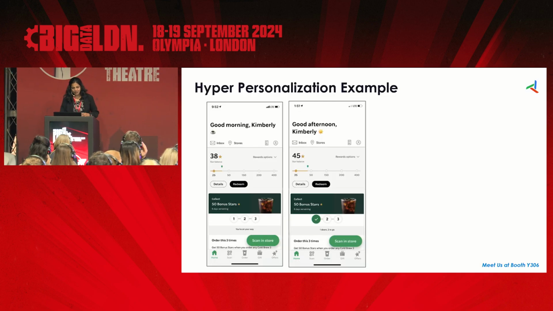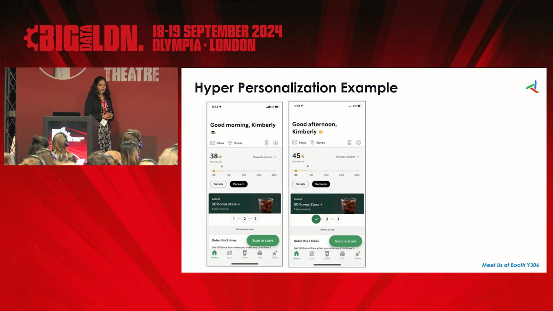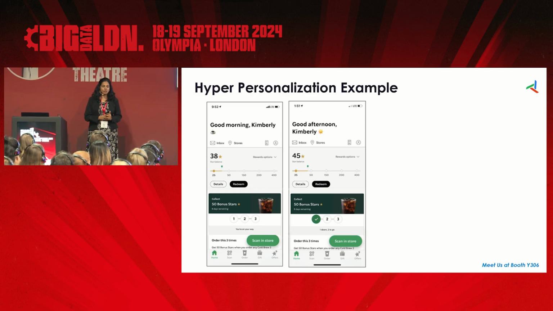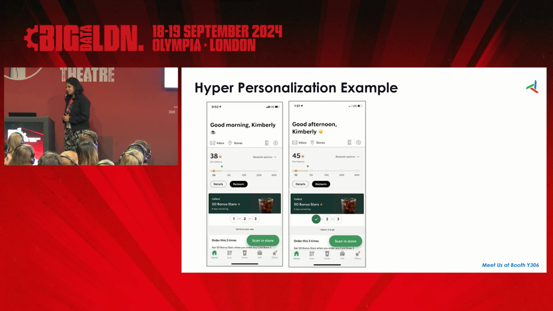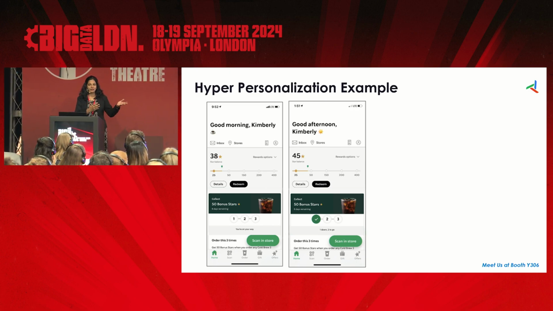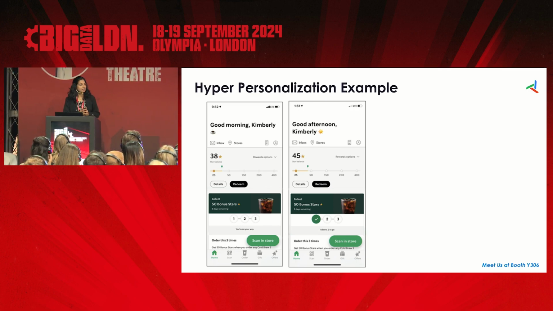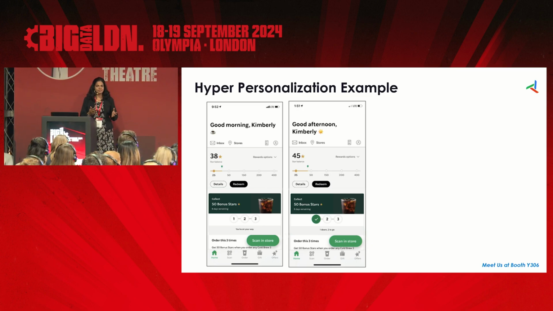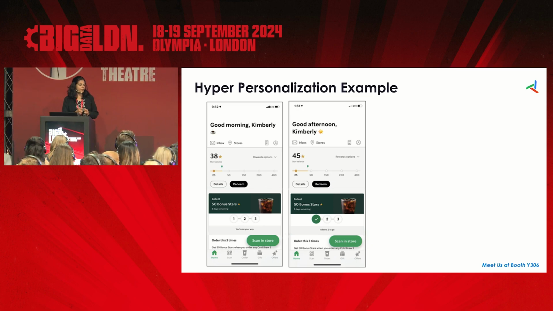So we'll get started. Before we really get into the topic, I want to first quickly talk about what good looks like in hyper-personalization. A lot of us use this app. I'm sure we're all very familiar with this interface. Starbucks, right? Known to be one of the best in terms of hyper-personalization.